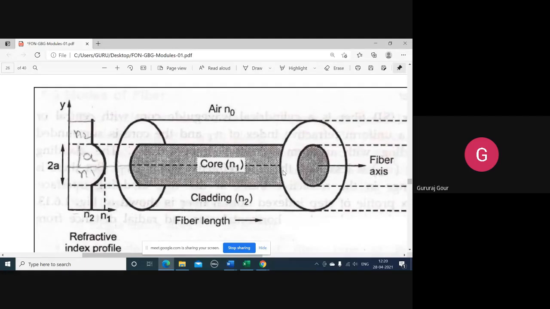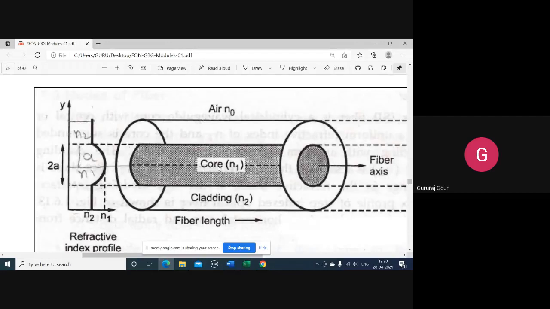Or if you want a gradual decrease of refractive index, or a dip in refractive index at the center of the core, then your core should be made up of layers of materials having different refractive indices with a decreasing refractive index. Now you can see a dome shape. Here there is a gradual change in refractive index. It is gradually increasing from the wall of the core and reaching maximum at the center.